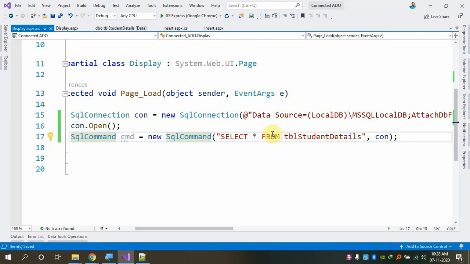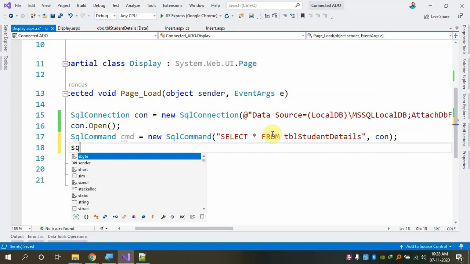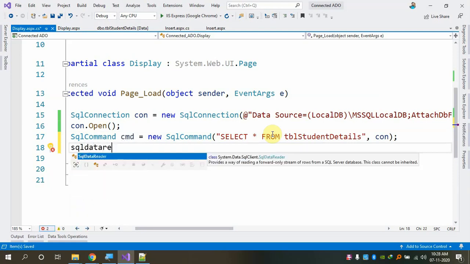So for that purpose, I am going to use another keyword. Please remember this keyword, SqlDataReader. I hope you guys can remember. This is if you have to retrieve. But what if I had to insert, update or delete? Only 2 things are required: connection and command. You establish the connection, execute the query, you will get the result. Very simple. But when you are trying to retrieve, you need to